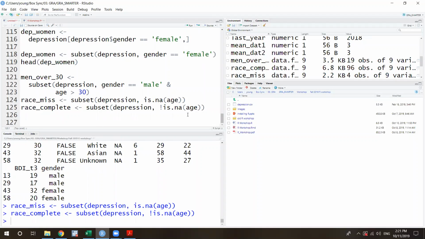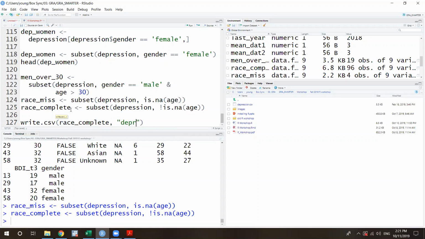Okay, so I think we finished making a complete data set, and I'm going to try to save this. The save function is called write.csv. The first option is that you put the race complete data that we just made in RStudio.